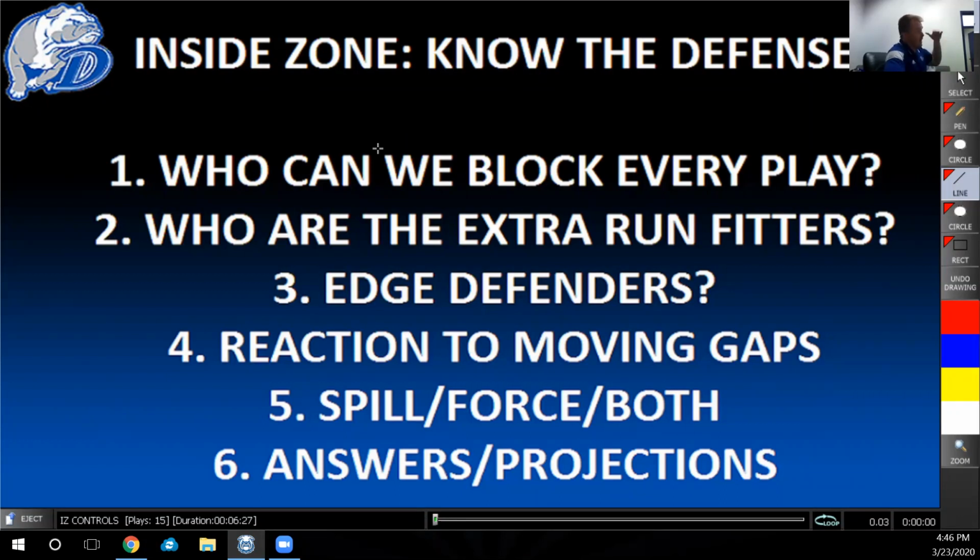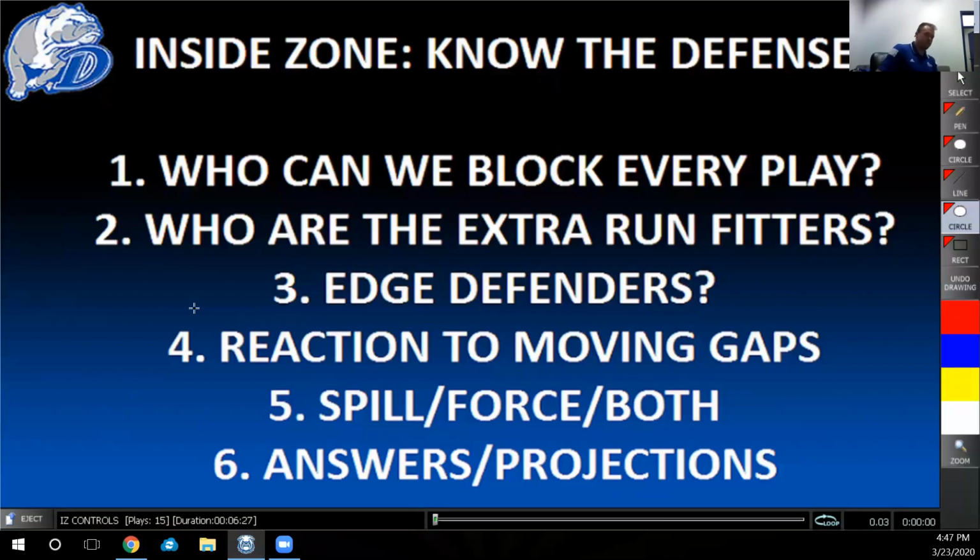And then what kind of answers are they going to have? That kind of gets back into this piece here as far as extra run fitters. This number 2 bullet point. What are their answers? Who are they going to bring into the box to stop your run? Are they going to tweak some kind of technique? I'll show you guys examples of things teams did to us that gave us some fits and how we would then answer that. But you got to start playing the chess game out in your head